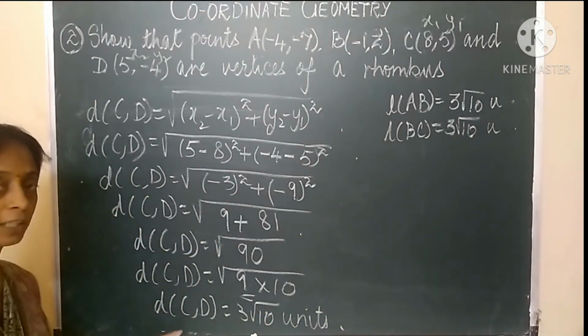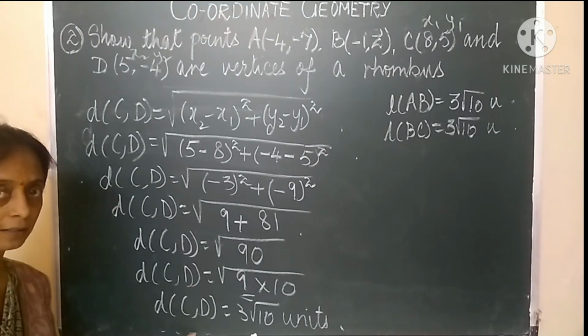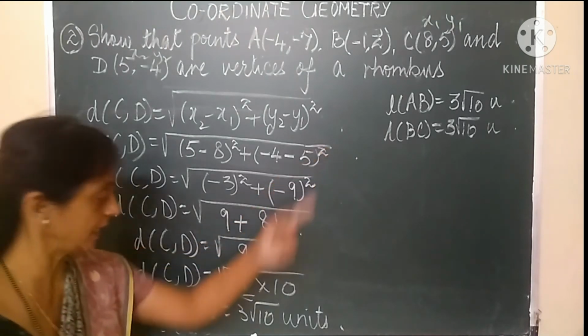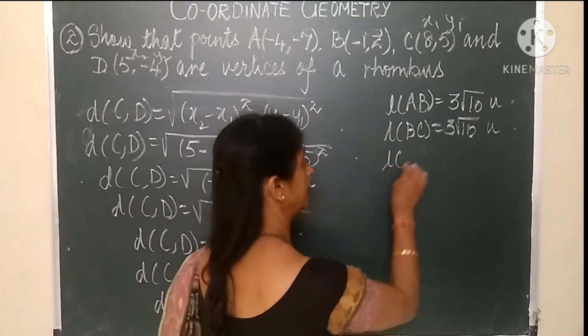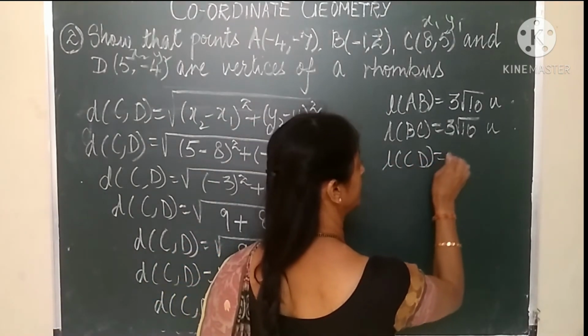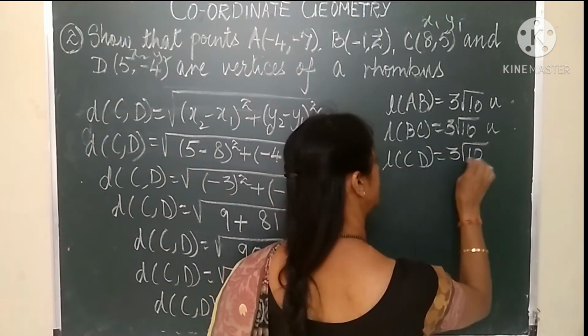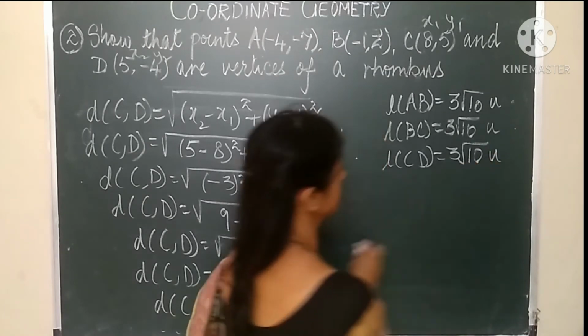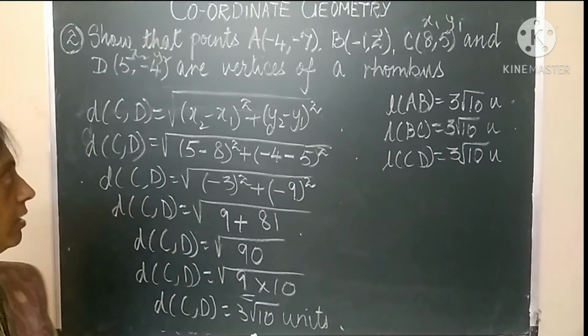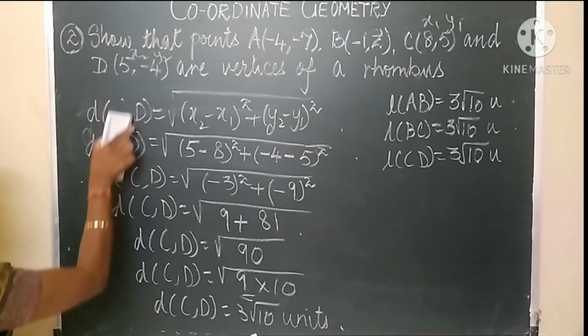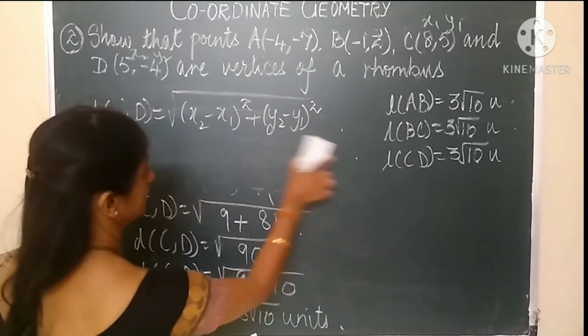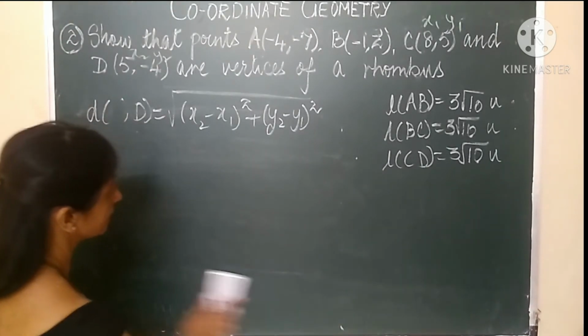That means over here, children, the third length or the third side gives us the same answer. That is length CD is equal to again 3 root 10 units. So we have done with the three sides. We are left with the last side, that is